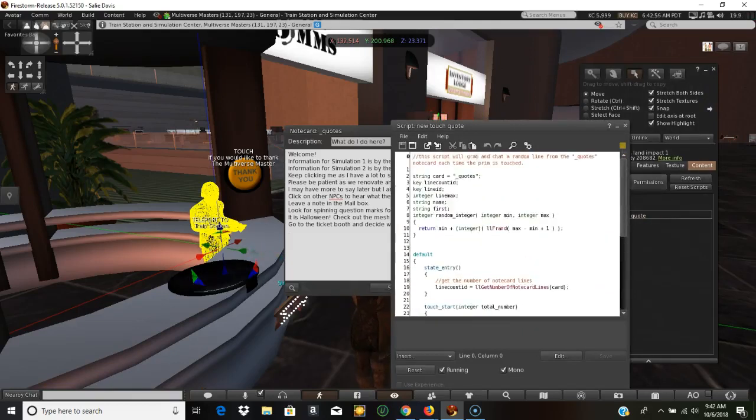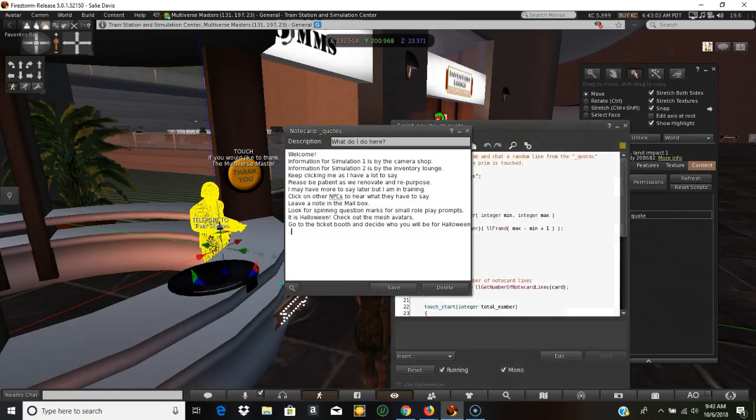So this is easy because all you have to do, you don't have to touch a script. And that's great for educators. You just go in here and you decide what she's going to say next. So I've got a list here. So I've got the information for Simulation 1 is by the Camera Shop. Simulation 2, oh yes, I wanted to add about Simulation 3. Simulation 3 has